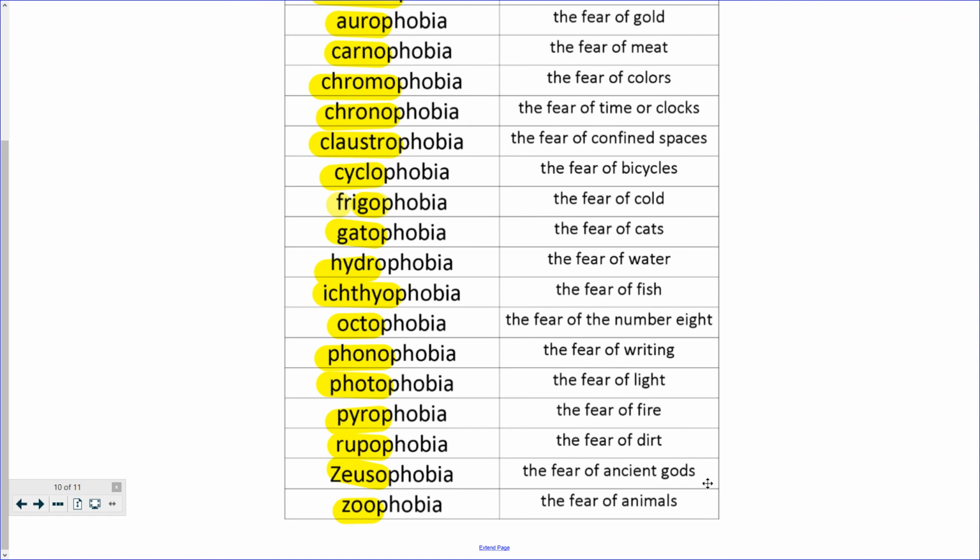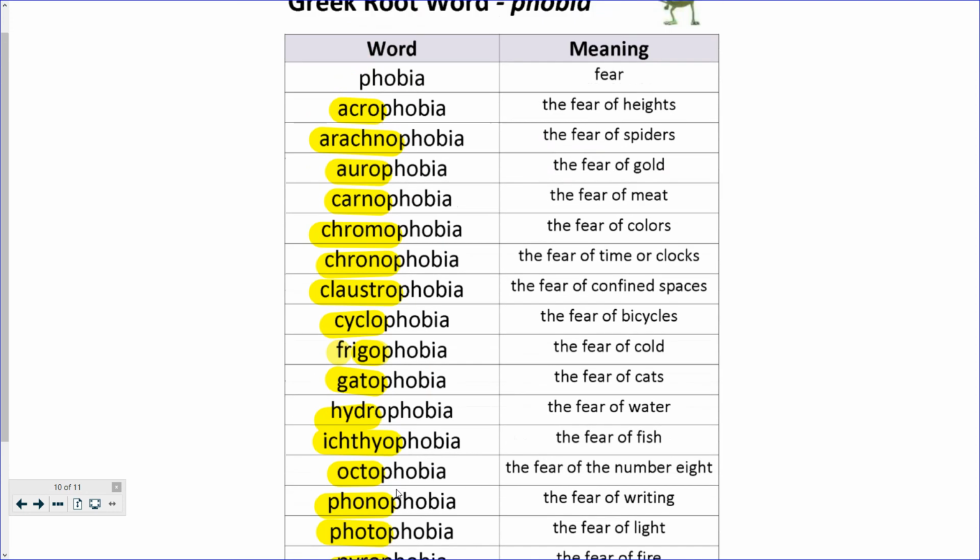Zoophobia is fear of animals, and zoo just means animals. So when you go to the zoo, you're going to the Latin and Greek word for animals. It just says animals there on top. But if you have a great fear of them, you have zoophobia. Now this will be more of